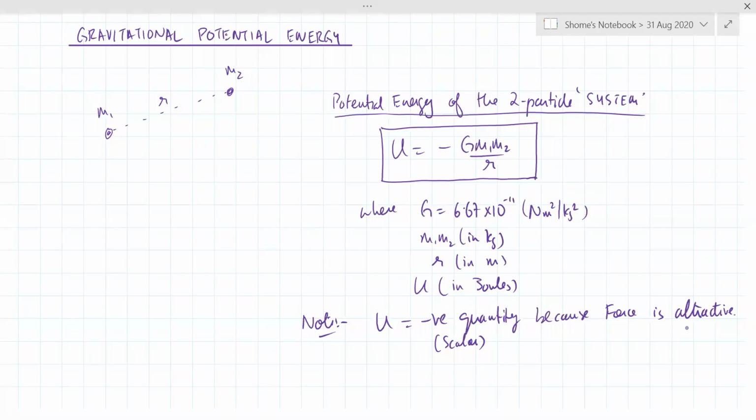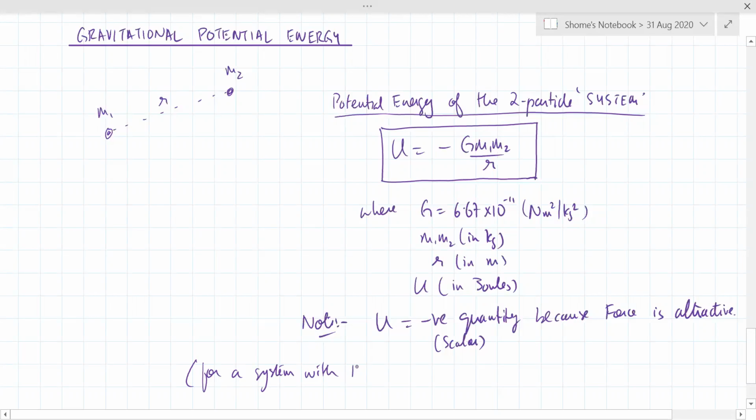So potential energy in a system where there is repulsive force is positive. So that's not happening in gravitation, but for a system with repulsion, the potential energy